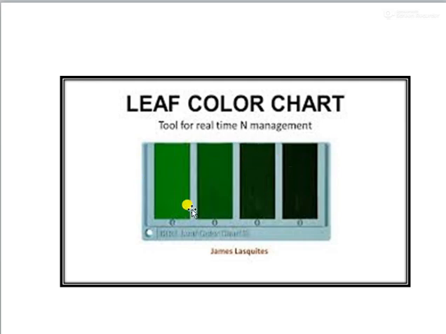Having the different bands of color, especially the chlorophyll reading, the top third leaf of the plant should be selected and matched with the shades given here. Accordingly, you have to note the value, especially the critical limit values given in the leaf color chart. Accordingly, you have to apply the nitrogen to the crop.